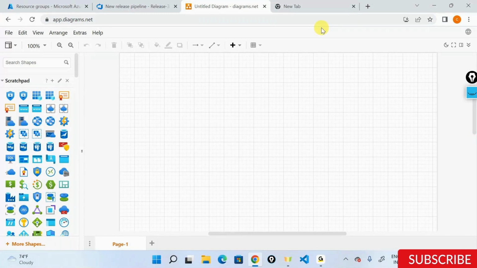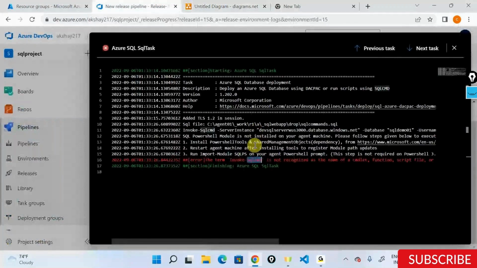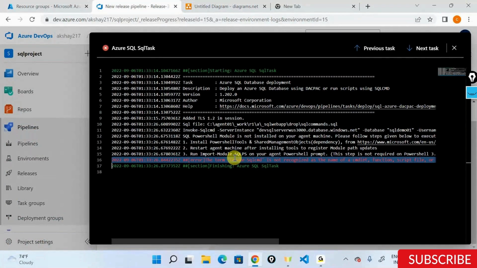So yes, I was looking at your project only. Very firstly, as I said, you'll have to install SSMS. When you install SSMS, you're asking, how do I pass the username and password? You don't have to. SSMS is just being used so that you have that particular SqlPackage.exe. Once you install the SSMS,